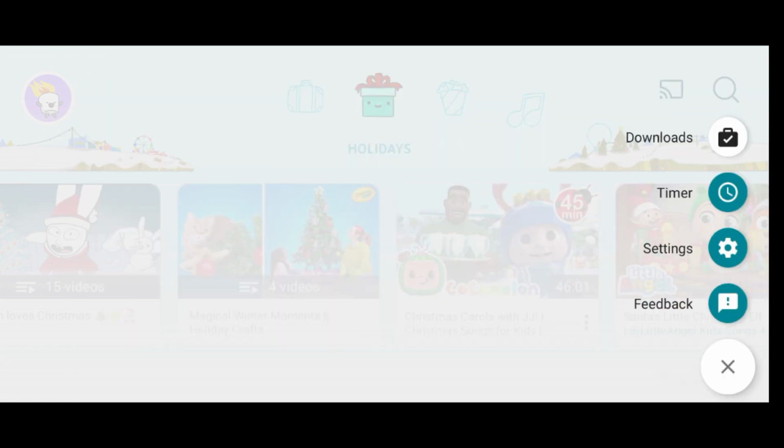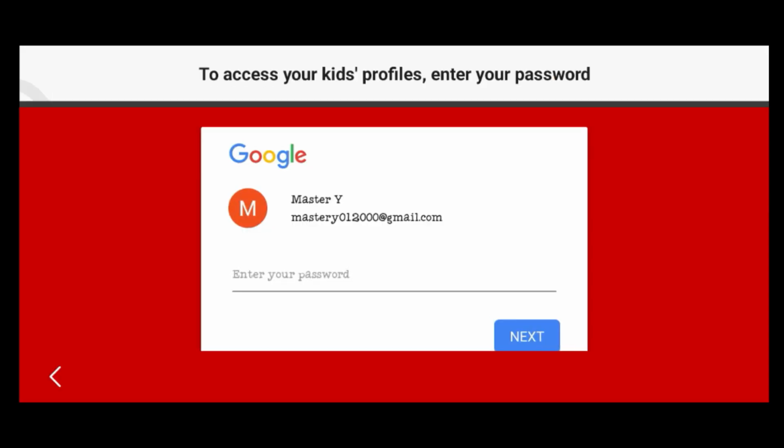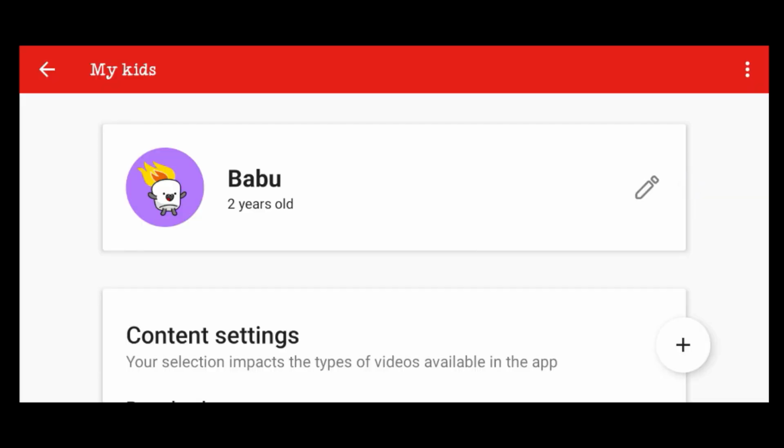After you have entered the passcode, on the right hand side, you will find the different options there. So you need to tap on settings and now select the profile icon of your kid account. Now you need to enter the password that you have set previously. After you enter the password, you will get access to this page where on the upper right corner